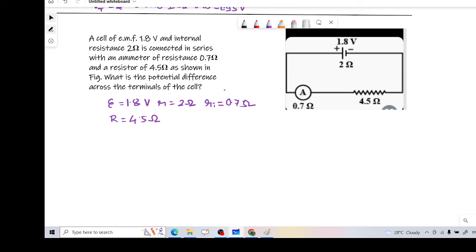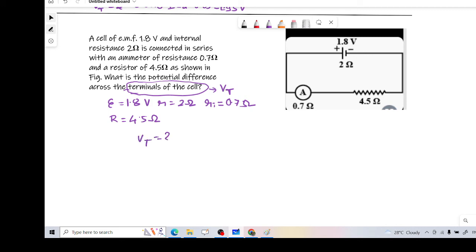Then they have asked us to find the potential difference across the terminal of the cell. This terminal of the cell